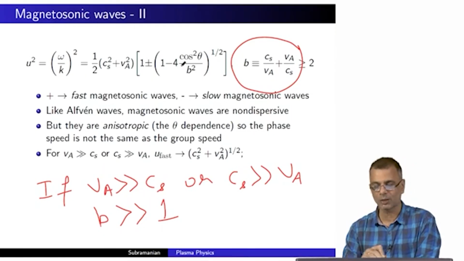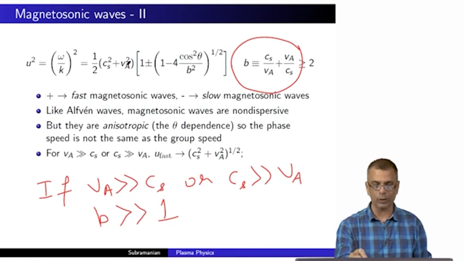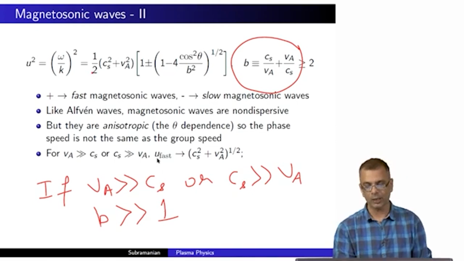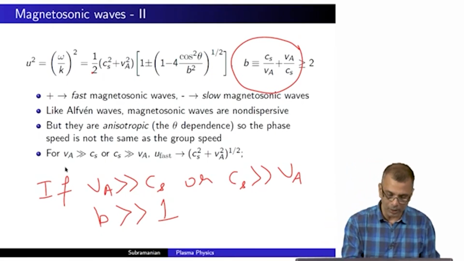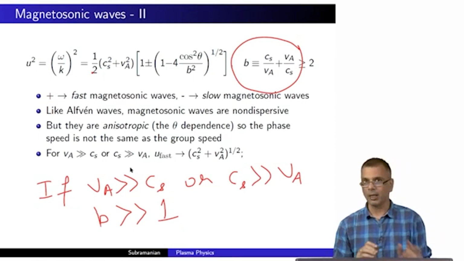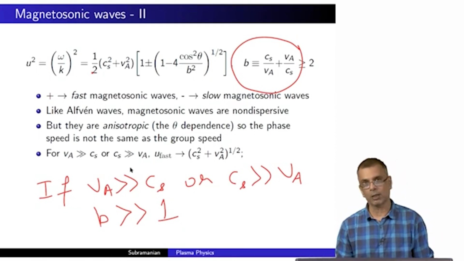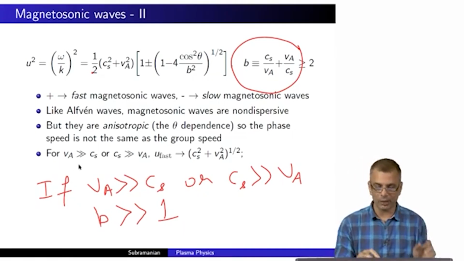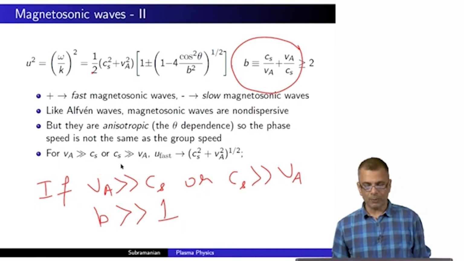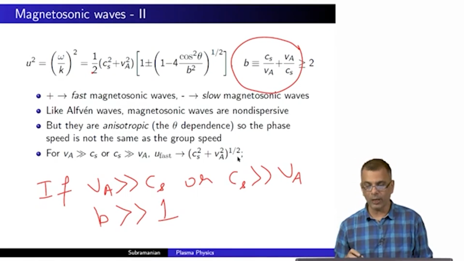This entire term becomes unimportant, right? And so you have 1 plus 1, it's 2, and that cancels with this 2 in the denominator, and you have this fairly simple looking expression. But this is valid only in these two limits. Okay. Otherwise, the expression is a little more complicated than that. Very important to keep in mind. We are now examining certain interesting limits. Okay. So, in this limit, the fast magnetosonic speed is given by this,